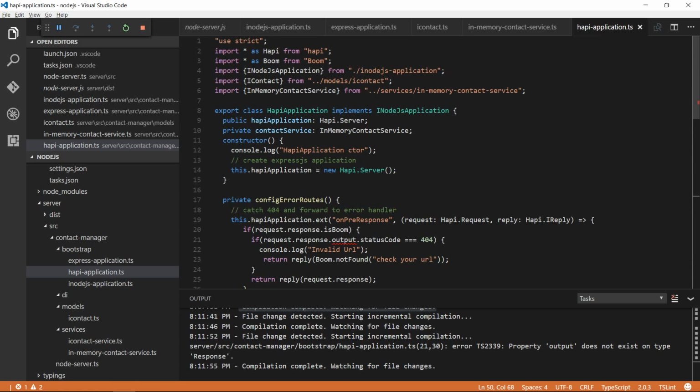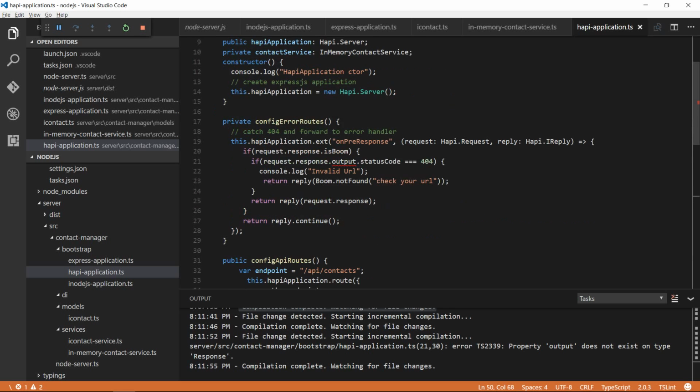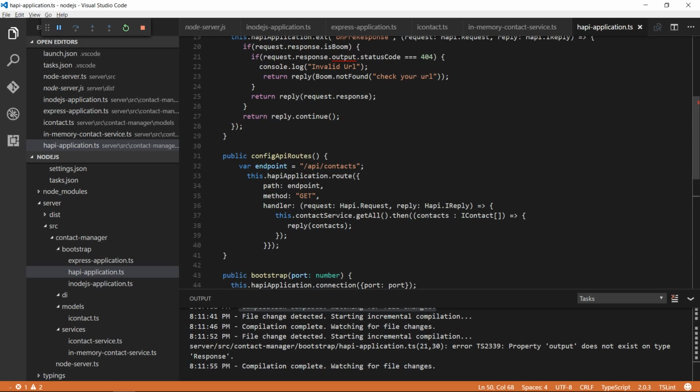That's it. There are a lot of similarities between Express and Hapi in terms of how they are configured, but the method names are different. And here, for example, there are no special route classes. Rather, we have a route method which takes a JavaScript object as an argument. Okay, now that we've done that,